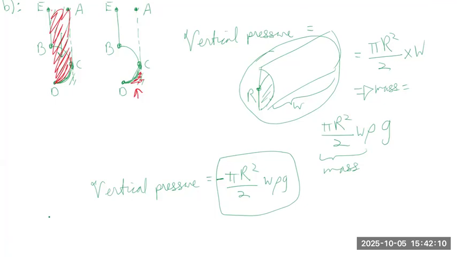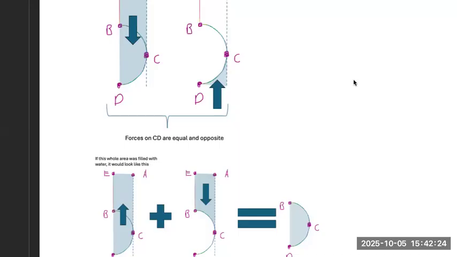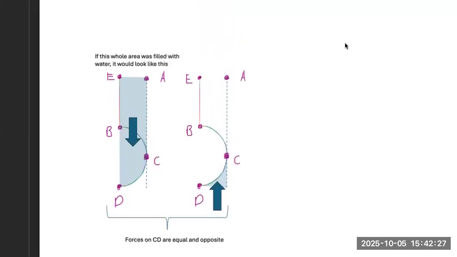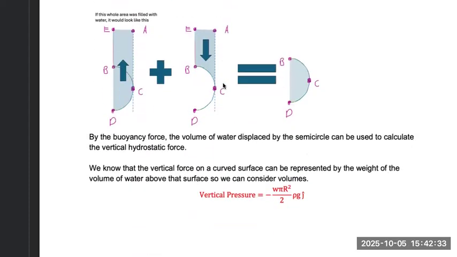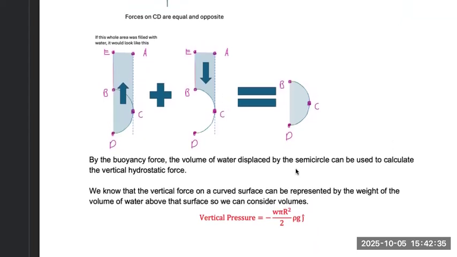So as we saw previously over here, basically the weight of the volume of water above and below the surface of this wall, because the wall is actually semicircular over here. So if you consider the weight above and below, and the weight above and below is equal